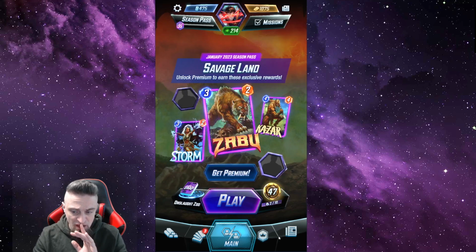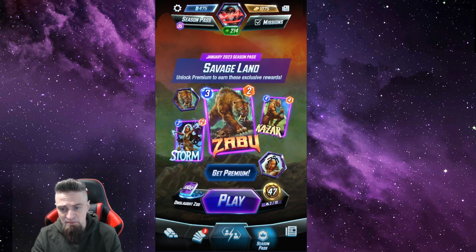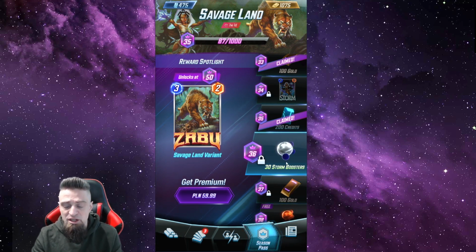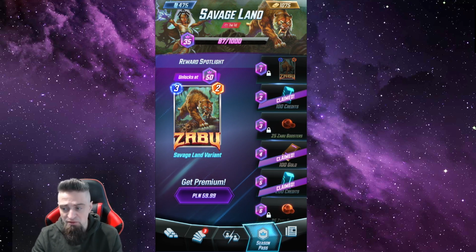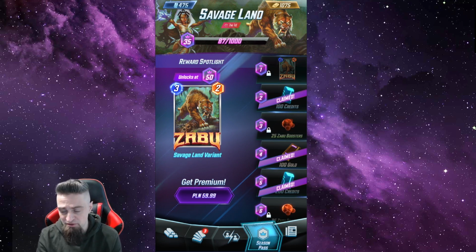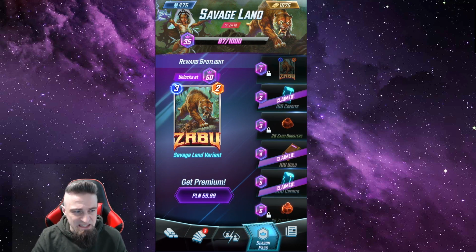Now, if you are enjoying the game, if you've played it for a moment, and you know you will be playing it for some time, getting a season pass that is usually around 10 or 15 bucks, depending on the country and the currency conversion rate, is something really good. I mean, not only are you getting a card that is usually the top meta card for that particular month, and you can see that right now with Zabu, previous month with Silver Surfer, the month before with Black Panther. These are really good cards, and if you don't get them now, they're going to be slightly difficult for you to get